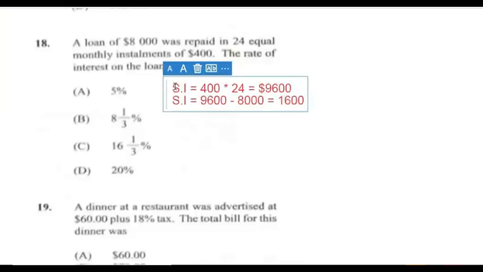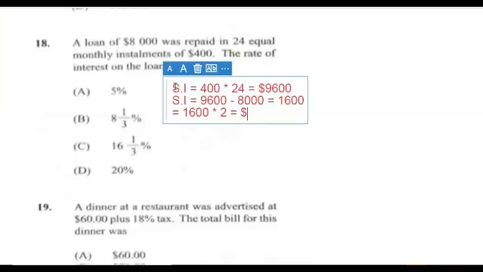But remember, simple interest only gives the rate that is being calculated on a yearly basis. So therefore, to get the total interest that was repaid over the 2-year period, it would be 1,600 multiplied by 2,